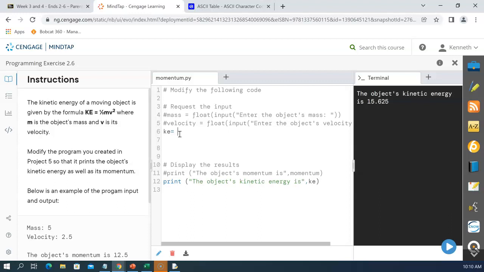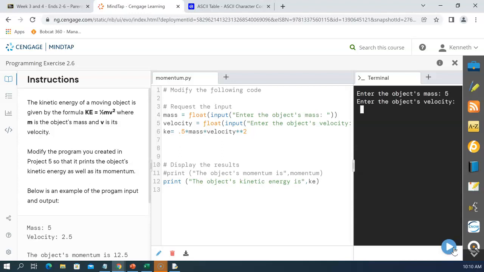And I'm going to say then, all right, so kinetic energy is going to equal then 0.5 times mass times velocity squared. Alright, does that sound right? And I need to make sure we let mass and velocity get back in here. Alright, so now if I run that, and I put in my test values,